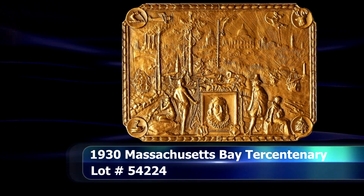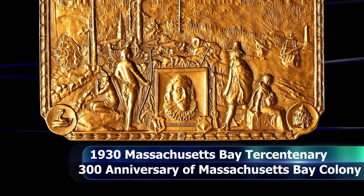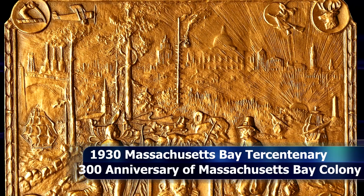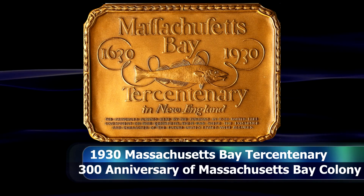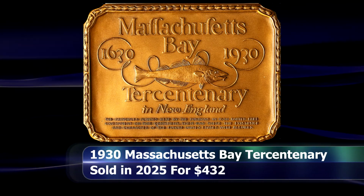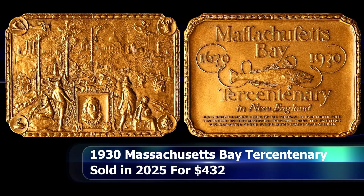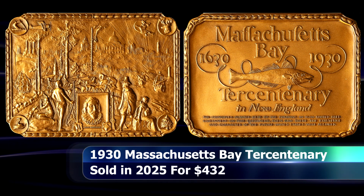Here we have a fascinating commemorative medal, or plaque, I suppose, measuring 2.5 by 3.5 inches for the Massachusetts Bay Tercentenary celebrations in 1930. The reverse has an endlessly fascinating and detailed mural relating to the 300-year history of New England, while an inscription on the obverse reads, "The principles planted here by the Puritans in 1630 rooted free governance on this continent. Then and there the existence and character of the future United States were assured." When under the auctioneer's gavel, this piece raised